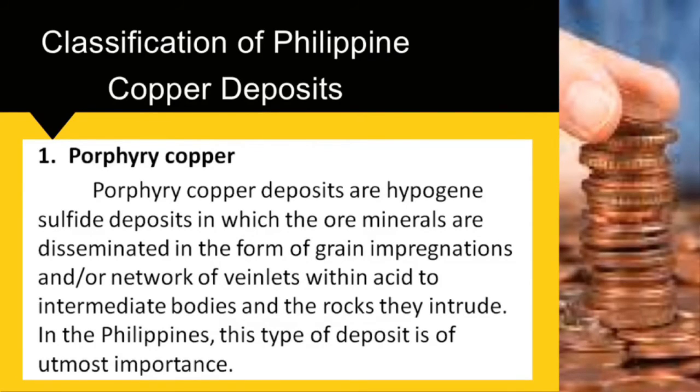The first one is porphyry copper, in which these deposits are hypogene sulfide deposits, in which the ore minerals are disseminated in the form of grain impregnations and or network of veinlets within acid to intermediate bodies and the rocks they intrude. In the Philippines, this type of deposit is of utmost importance. So this type of copper deposits is one of the reasons why the Philippines becomes the fourth largest country that